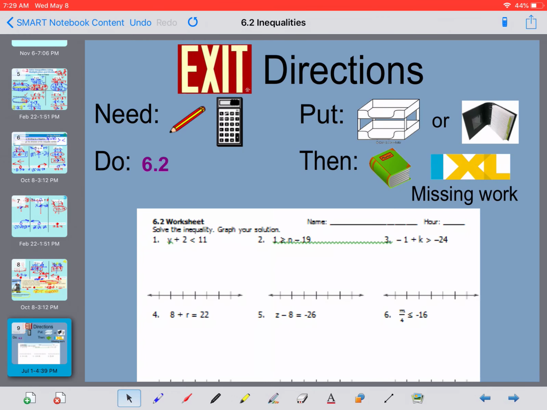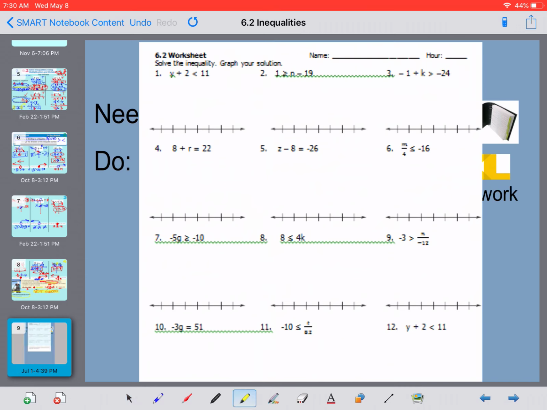So here is your homework. Some of them have the equal sign, so it's just going to be a dot. But the rest you're going to have to draw your line down